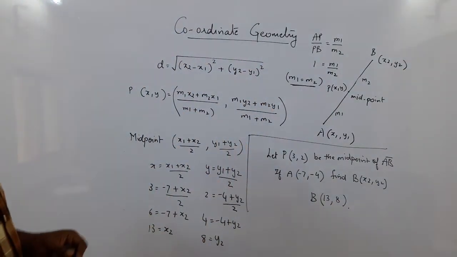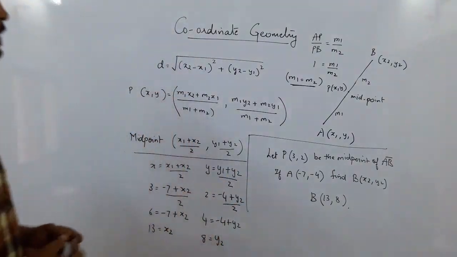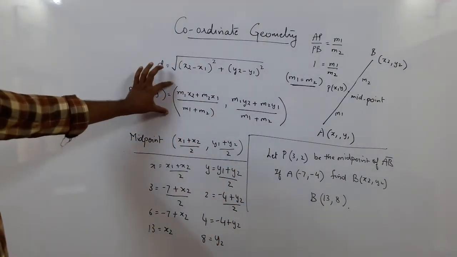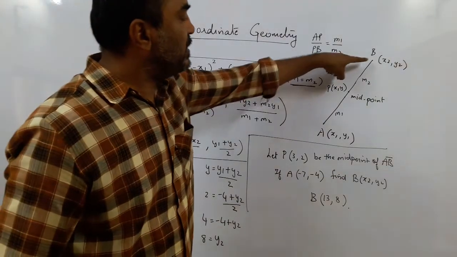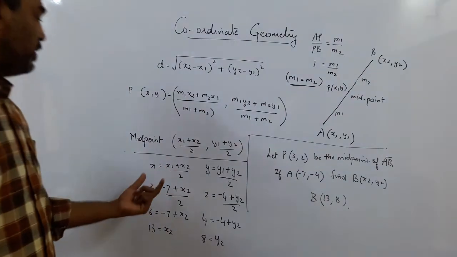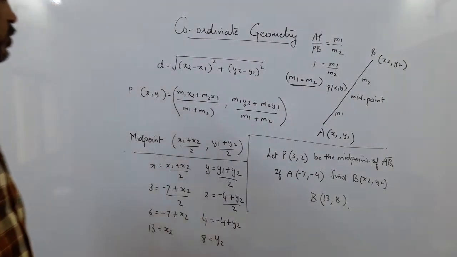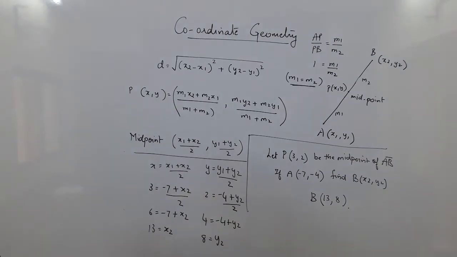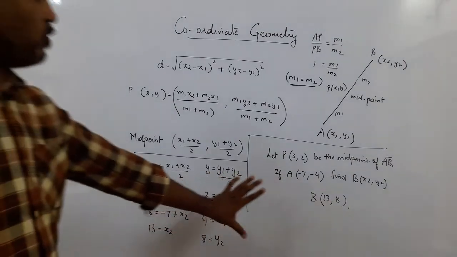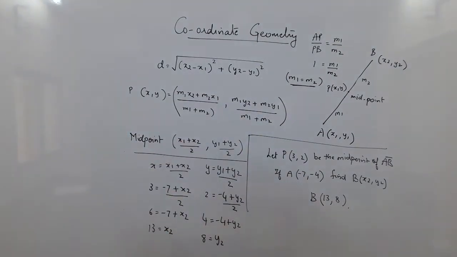So one more formula is added to our repertoire. Which is the formula? The midpoint. So this is the section formula. Here point P divides AB internally in the ratio m1 is to m2. But when it is the midpoint, then the formula becomes (x1 plus x2) upon 2 and (y1 plus y2) upon 2. Clear? So this is the formula, and I took a rough example here to explain to you how we make use of this. Right?